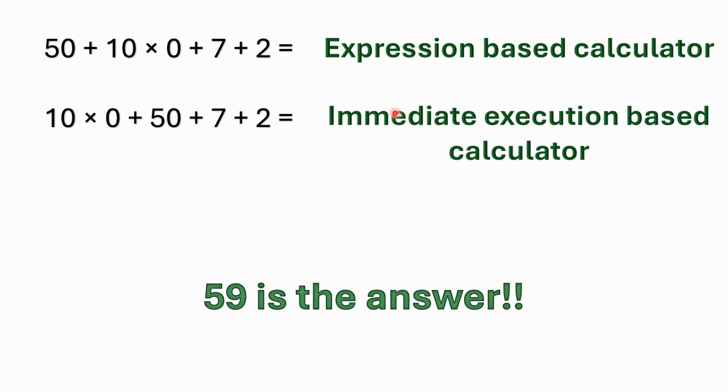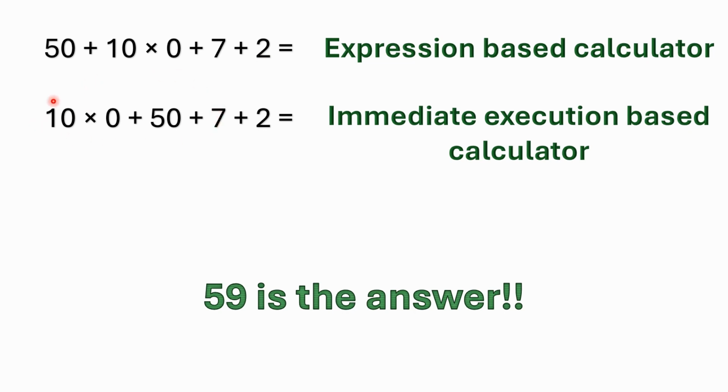What I mean by that is, say you have a problem like this: 50 plus 10 times 0 plus 7 plus 2. If you're using an expression-based calculator, like a scientific calculator or your cell phone calculator, you can enter it in just like this: 50 plus 10 times 0 plus 7 plus 2. And then when you hit the equal sign, this type of calculator will evaluate the whole expression at that point. Now, with an immediate execution-based calculator, even though the problem is written out 50 plus 10 times 0 plus 7 plus 2, in order to get the